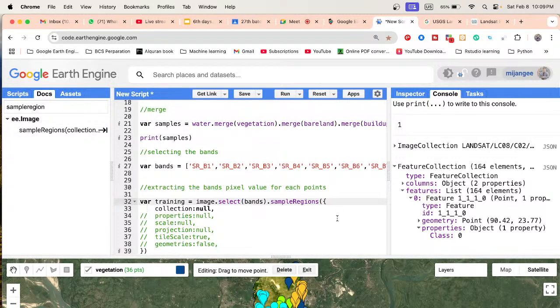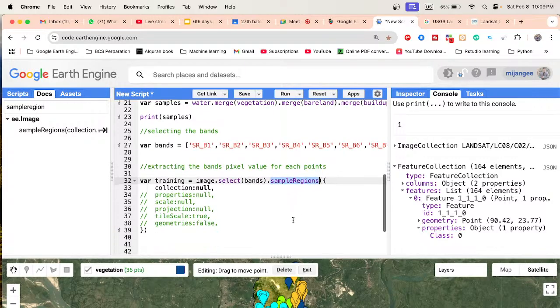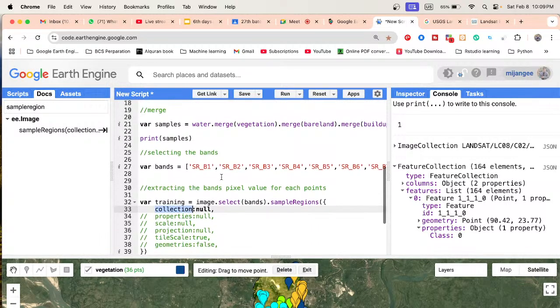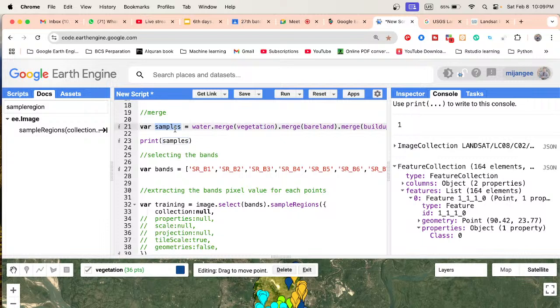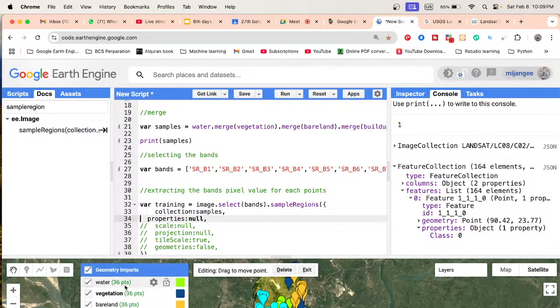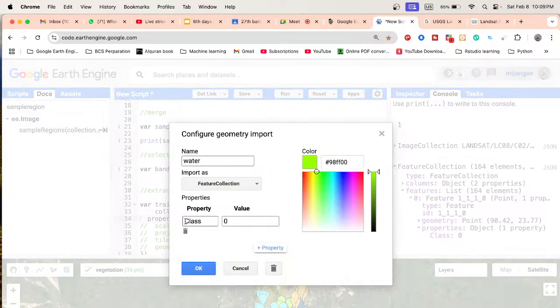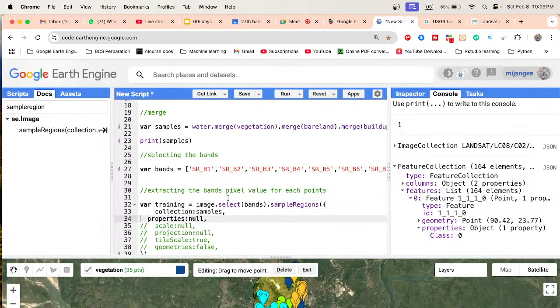So here you can see sample regions, this is the function collection. We already made the collection samples, a total of 164 points, then pasted here. Then properties, we already defined the properties for all of the classes. For all of the classes we already set the property name, we can see the class. The same property name we also put in here, so just write here